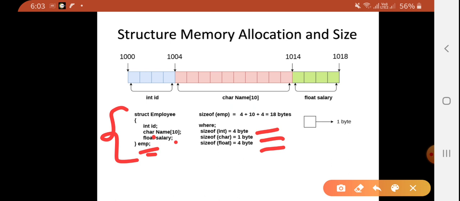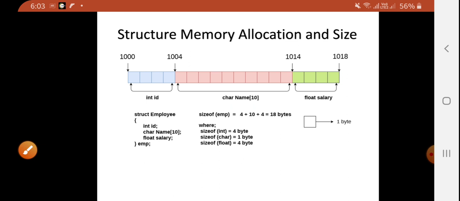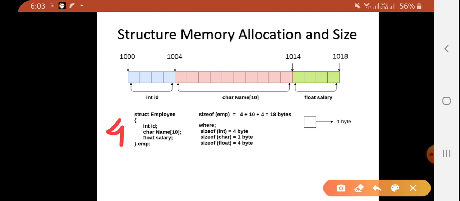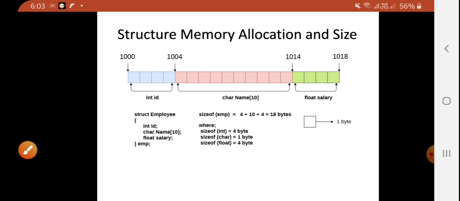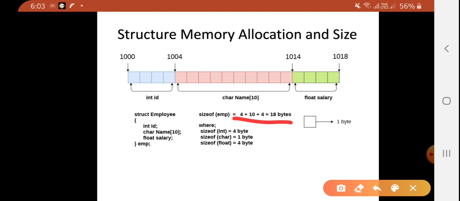For id it requires 4 bytes. For a character, 1 byte, so for the character array of size 10, it is 10 bytes. So 4 plus 10, and last is salary. Assume the size of the float is 4 bytes. So total 18 bytes: 4 plus 10 plus 4 equals 18 bytes.